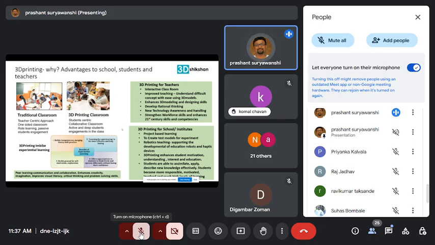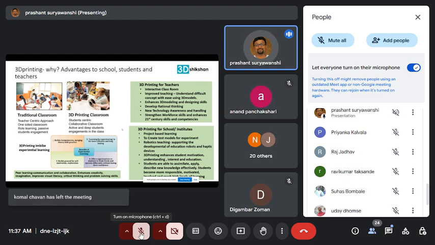If, let's say, the institute has some 3D printers, then whatever small concepts they are learning in the classroom, they can easily try it. Okay, let me print this. There are some ready-made websites available, like Thingiverse, I think maybe other speakers have covered that, where you will get n number of models. You don't need to have a design, you get the file directly, so you try to print that file and see it.